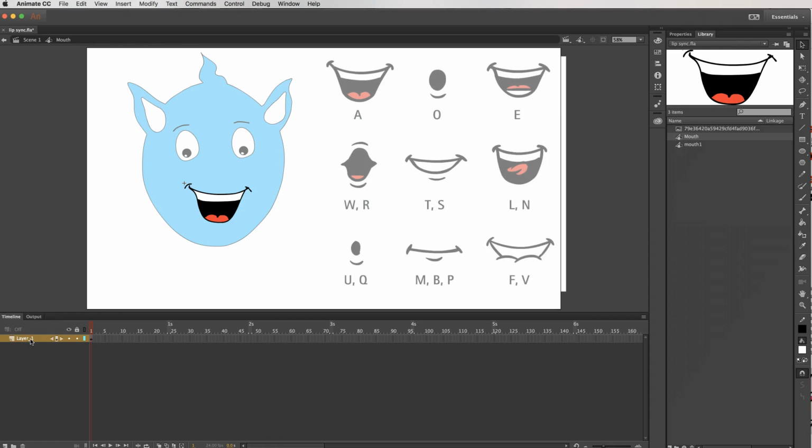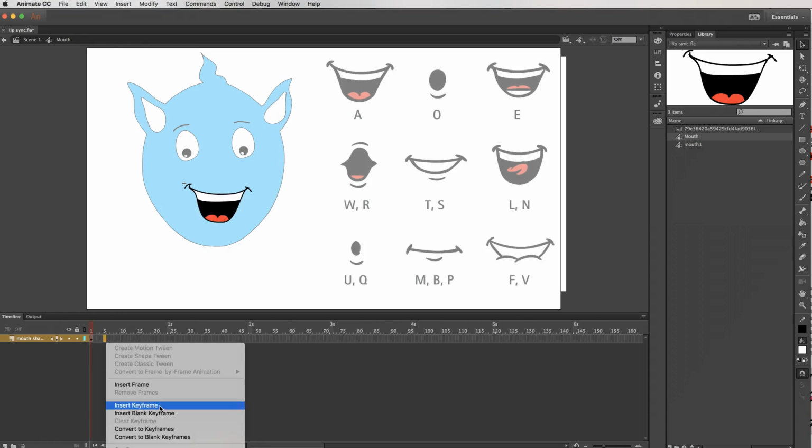Okay, so name your layers so you know what you're doing. I know there's only going to probably be one layer in here. So this is your first mouth shape, which is called A. So whoops, very sensitive mouse, stop it. Insert a keyframe here, so right click, insert keyframe,